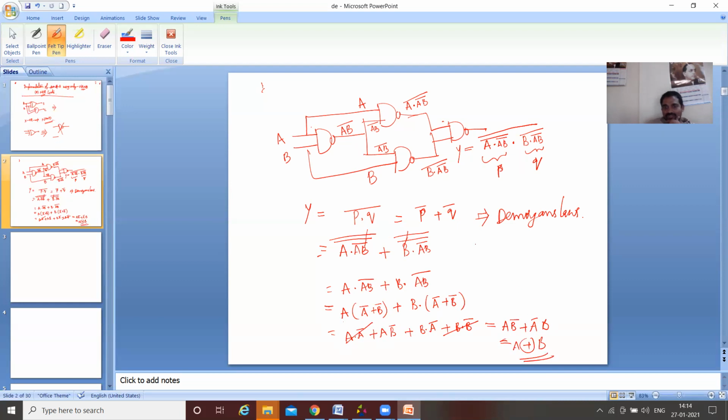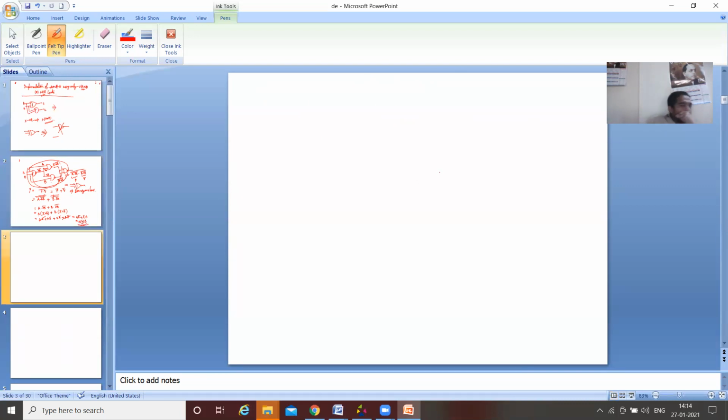So this entire logic circuit, which consists only of NAND gates, is functioning the same as A exclusive OR B. Therefore this entire circuit can be replaced by simply an exclusive OR gate. Okay. So therefore, what happens here is